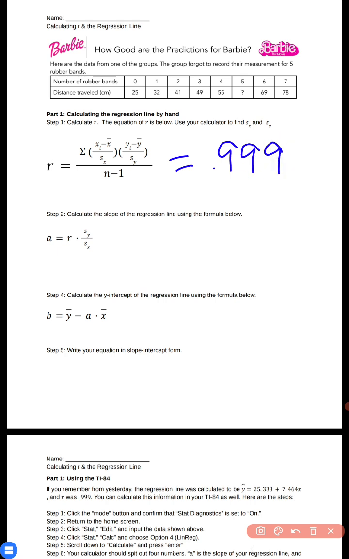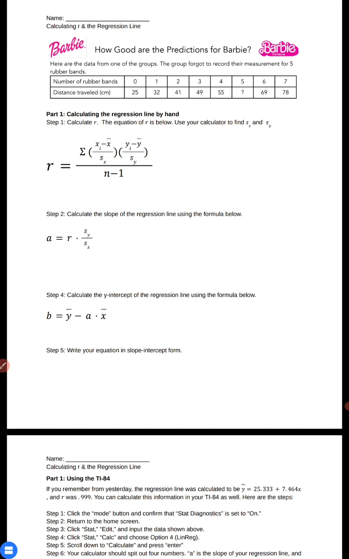Okay, so the next thing that we can do is once we know R, we can actually start to figure out what our line of best fit would be. And that is something that you will be asked to do by hand in your homework, okay? So it's not that you can't use your calculator to help you, but it's not going to just spit out the whole answer. So when we are getting the equation of the line, the first thing we're going to need